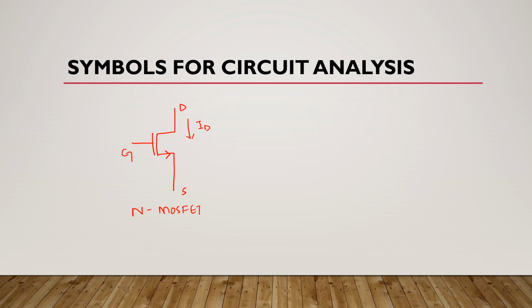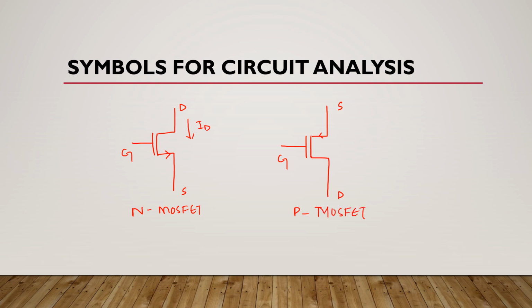Now what about P-type MOSFET? The symbol for P-type MOSFET will be like this, where this terminal is gate, this is source, this is drain, so arrow will be here. This is the symbol of P-type